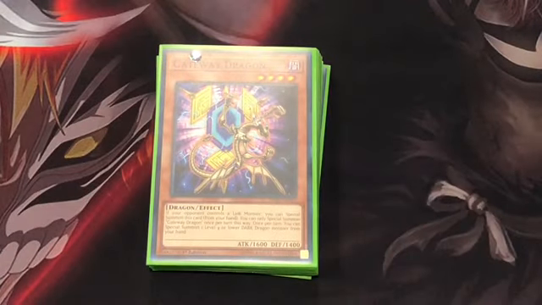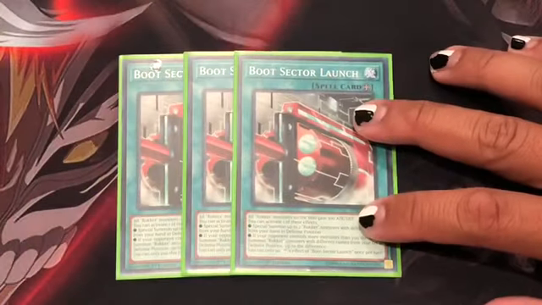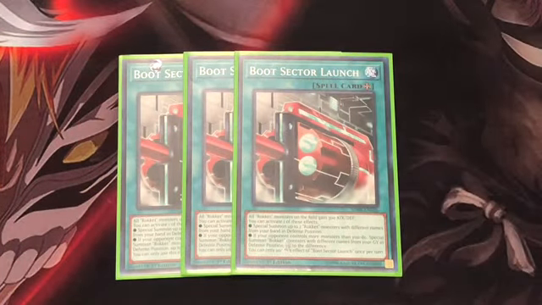But yeah, that wraps it up for the monsters. For the spells and traps, we run 3 Booster Sector Launcher. All Rokkets on the field gain 300 attack and defense. You can activate one of the following effects. Either special summon 2 Rokket monsters with different names from your hand in defense position, or if your opponent controls